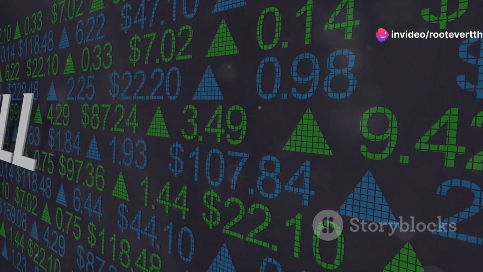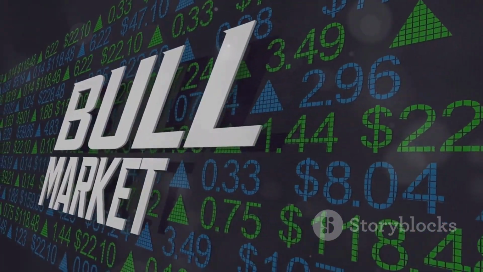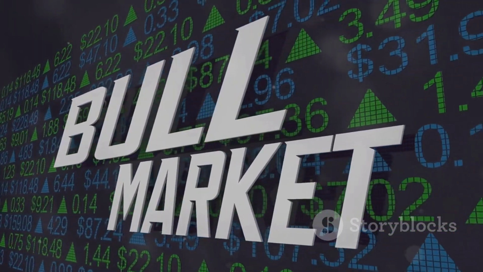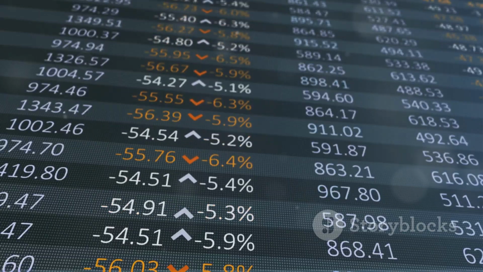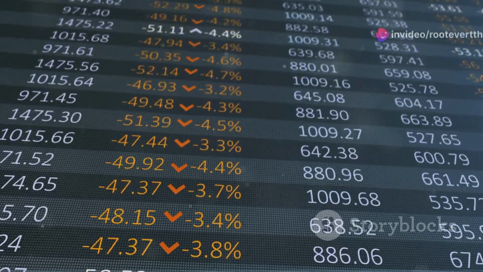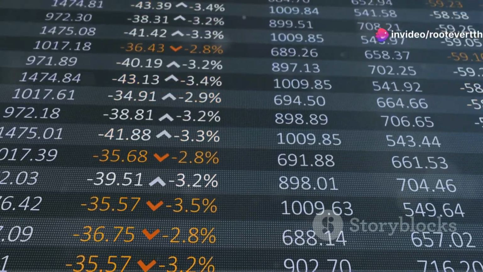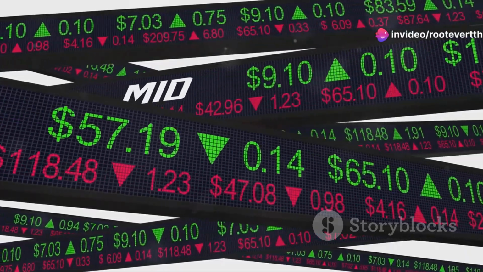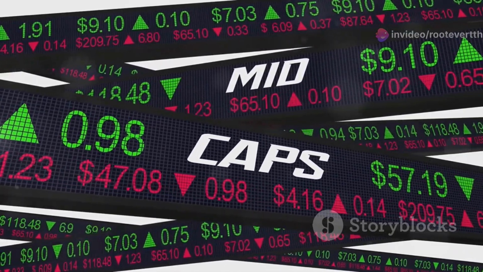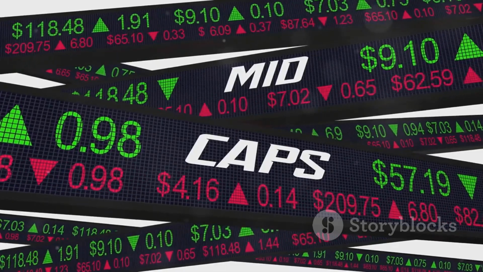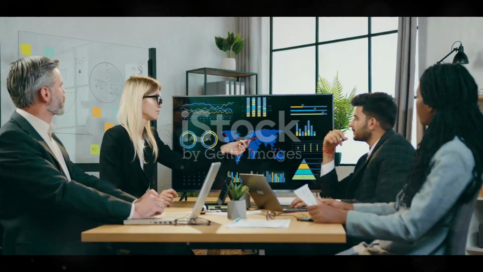High volatility means the value of investments can fluctuate sharply over short periods, which can be unnerving for new investors. It's important to assess one's own risk tolerance and adjust investment choices accordingly. For instance, stocks of established large companies tend to be less volatile than those of smaller emerging companies or certain high-growth sectors.